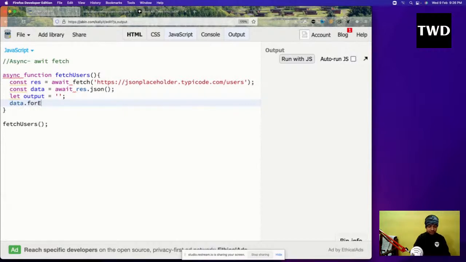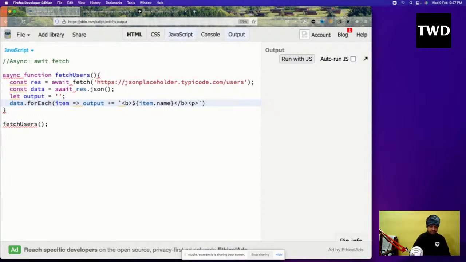Data dot forEach is there, and item, and output plus equal to. So we are going to see this data also now. Okay, so then b, see this b is there, and b is just a bold tag. So this is how powerful JavaScript is. But the same logic, this part, is going to be in React also. We are going to do this part only, but only the way to show the data will change. Okay, so item dot name, and then